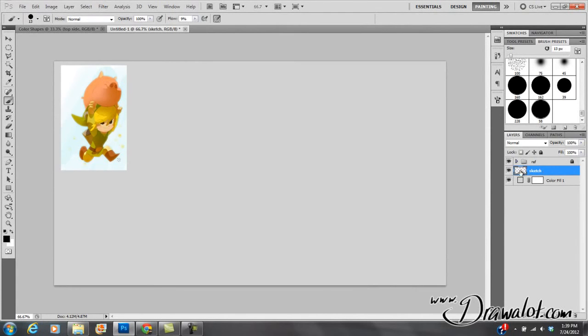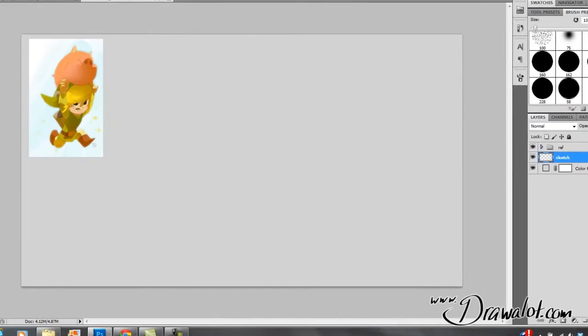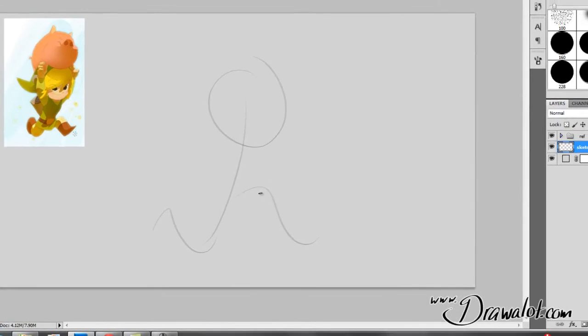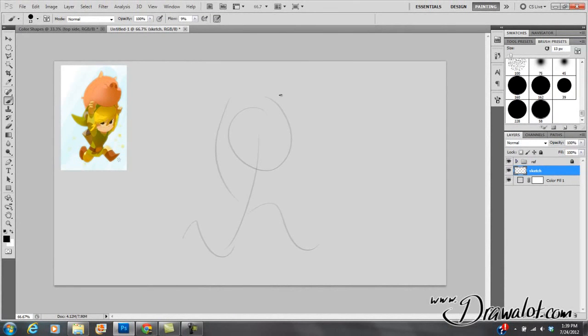So now I've got my pencil, I'm on the sketch layer, and I'm going to just basically rough out this guy. So basically I'm going to draw like this. So here's his head, here's his body, here's his bottom leg, here's his top leg, here's his arms, here's one of his hands, here's his thumb, here's his top fingers, bottom of his hand, you got his elbow, you got his face, you got his eyes,